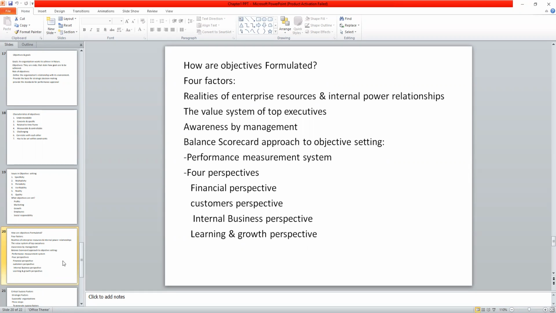When we take the internal business perspective, then how the internal processes of the organizational units are linked for the betterment of the performance of that unit is of prime importance. And in the learning and growth perspective, how the company is thinking of adapting a new and sustainable learning and innovative environment in the organization is of prime importance or is a major concern here.